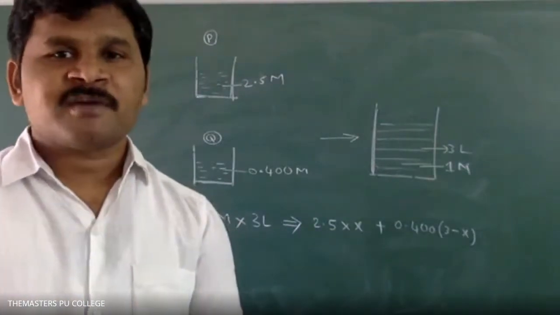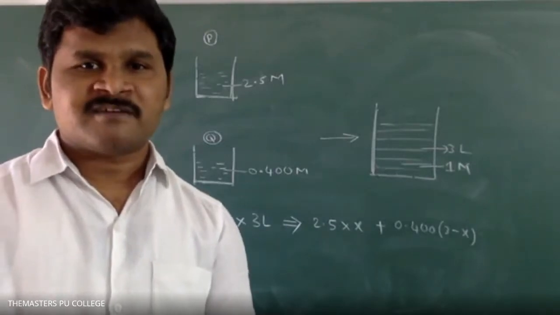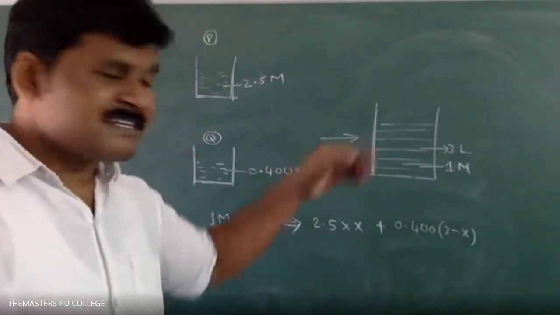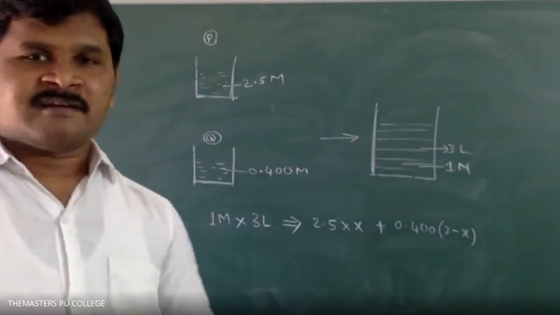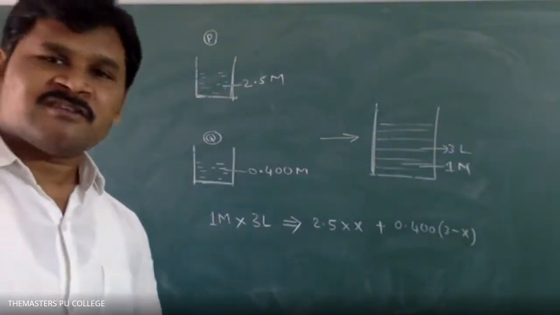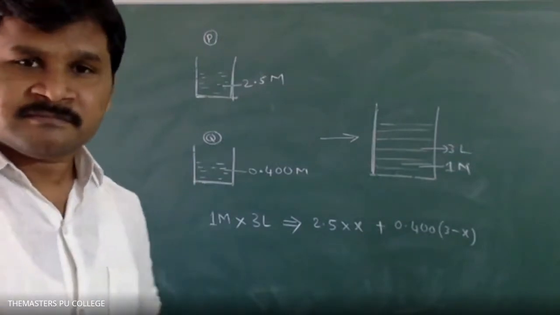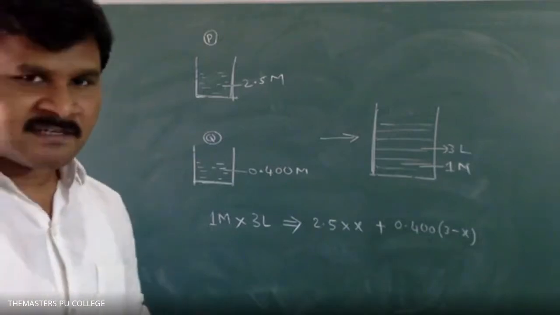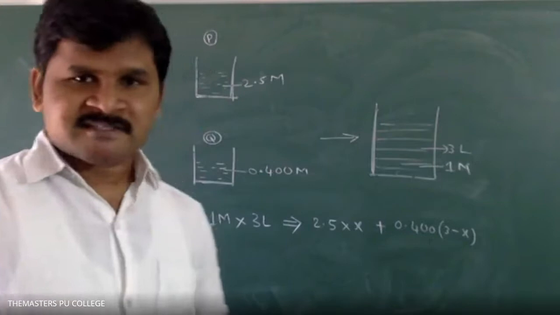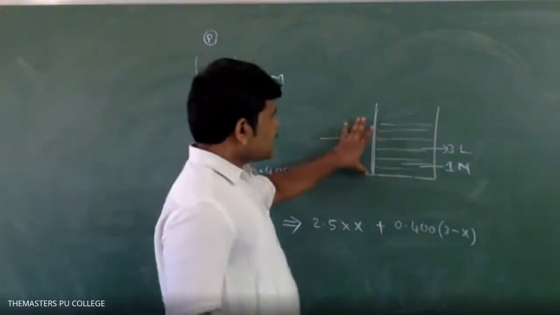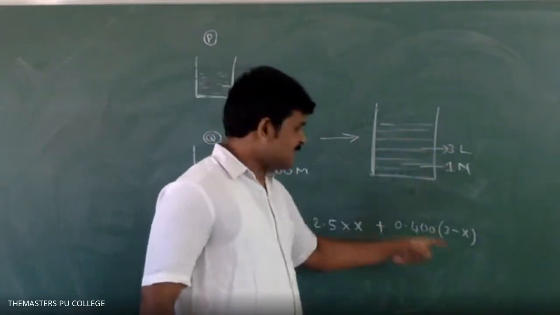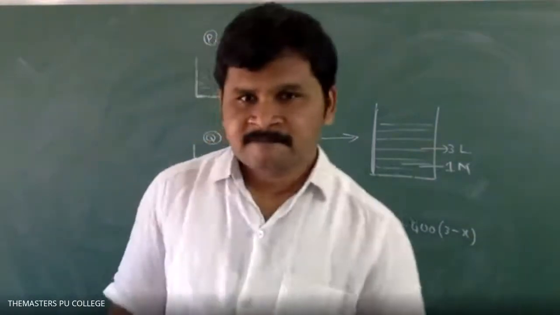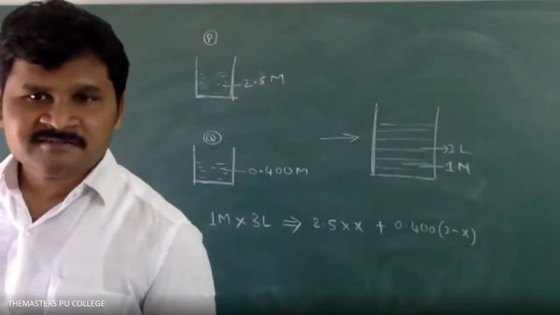Don't do it with 0.250. Please solve with 2.5. Why? Because whenever you add water, its concentration decreases. If you add 0.25 further, the concentration will decrease even more. So by dilution, concentration decreases and volume increases. Please solve 3 minus x. Suppose I got 5 liters as the final volume, then it would be 5 minus x. Like that. So please solve it and tell the answer in the next class.